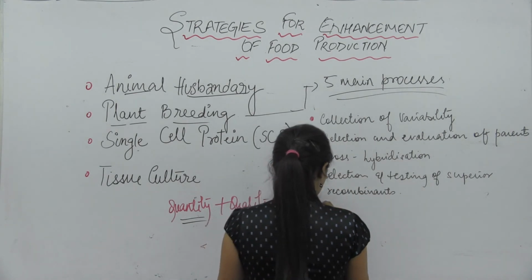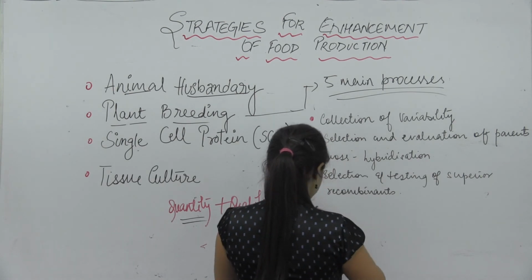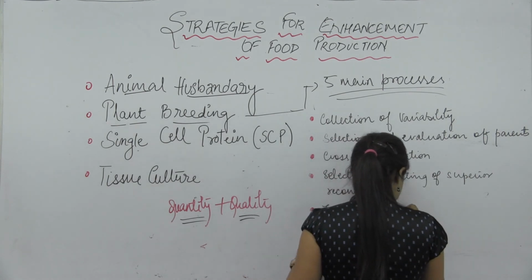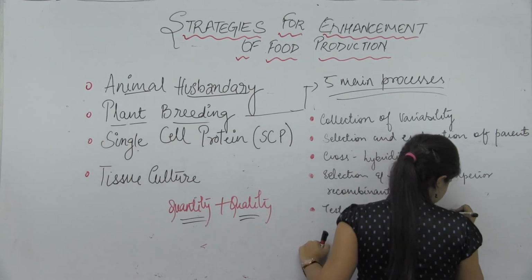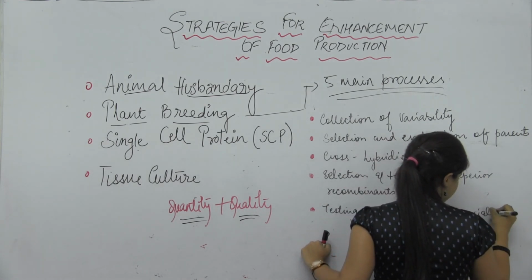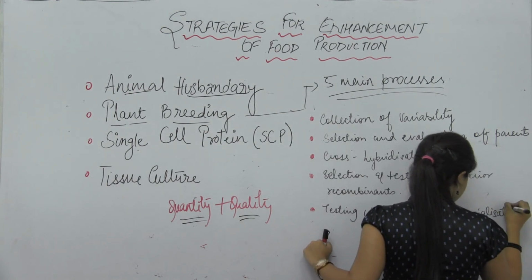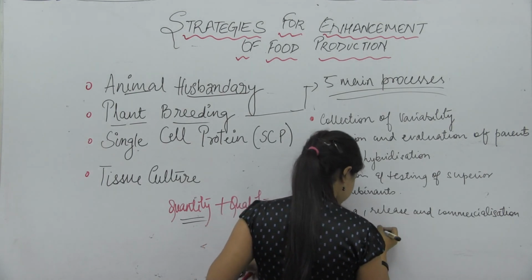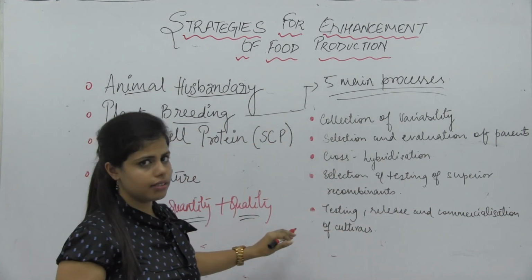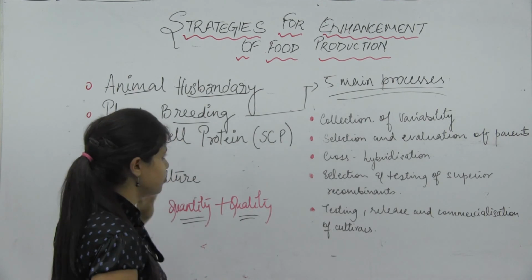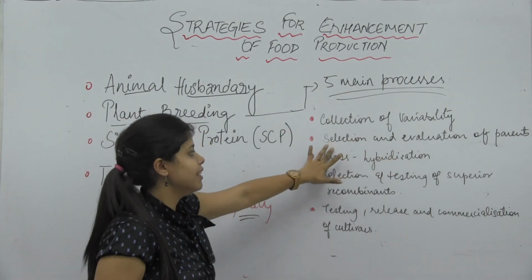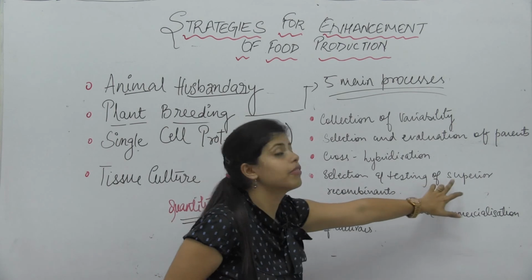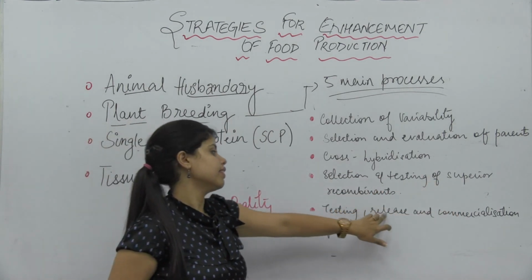And the fifth and the last one is testing, release and commercialization of cultivars, right? So these are the 5 main processes which we just talked of that come under plant breeding: collection of variability, selection and evaluation of parents, cross hybridization, selection and testing of superior recombinants, and testing, release and commercialization